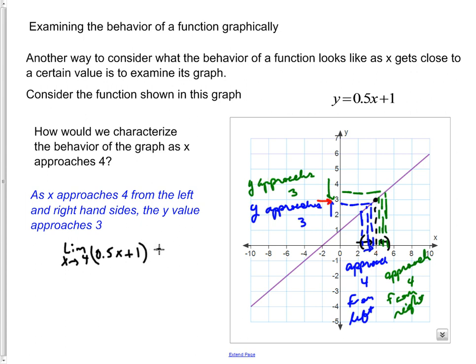Well, we're actually going to say equals 3, even though we're talking about the behavior. So the behavior is that the y value approaches 3, so that is the value of our limit. So this value represents a behavior and not the value of the function at that point. And that's an important thing to realize as we go into the next